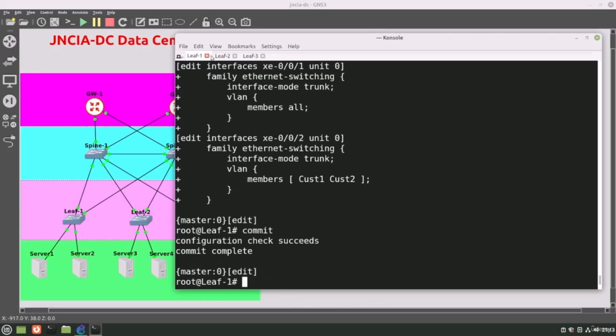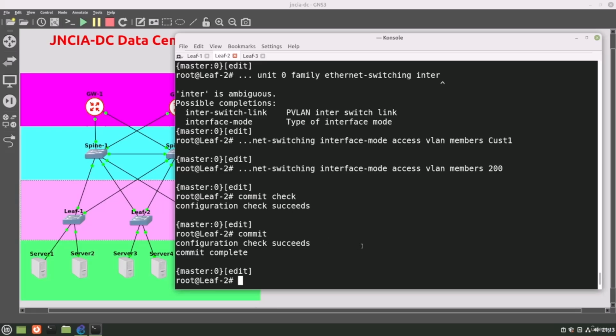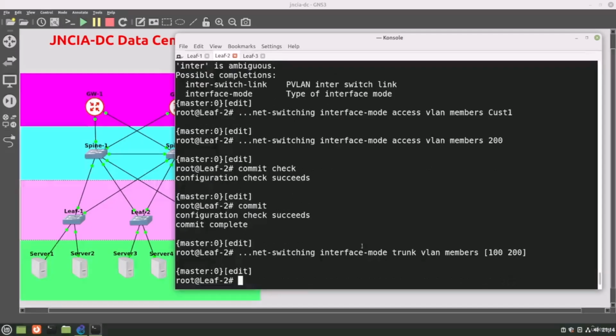Okay, let's jump on to leaf 2, and we'll do the same thing with that. So set interface XE 0/0/1 unit 0 family ethernet switching, interface mode trunk, and we're going to do VLAN members, and in our square brackets 100 and then 200, and close the square brackets. And let's do our XE002. Set interface XE 0/0/2